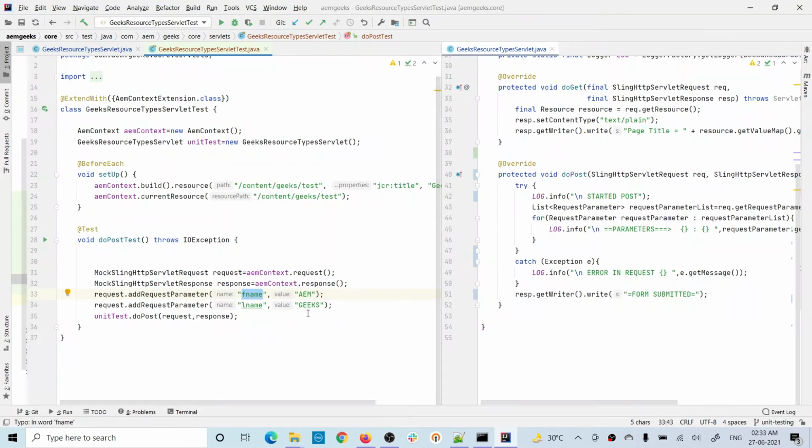I'm adding only two fields. All fields are not required. It will test your functionality, so you can even test with one field. So now this request will contain the dummy form data, the form data we are supposed to add in the request in an actual environment.